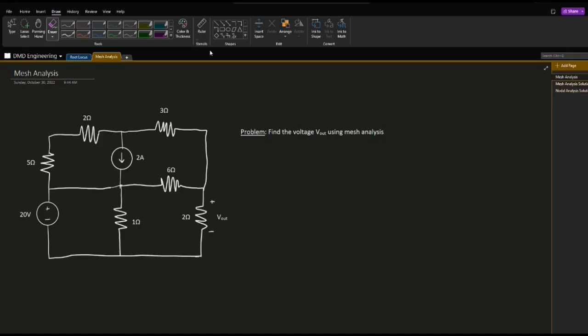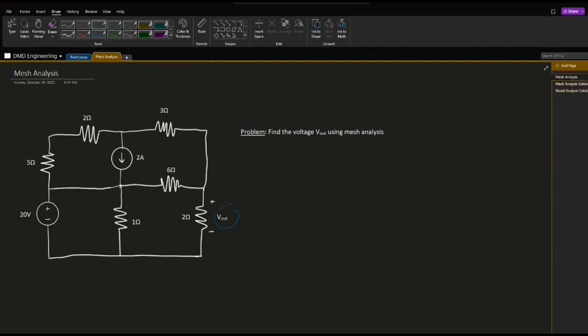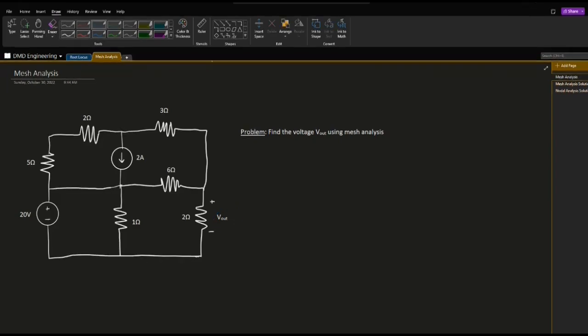In this video, we're going to be solving this circuit problem using mesh analysis. So the problem says find the voltage Vout, which is right here, using mesh analysis. So pretty straightforward. To start with the basics, to use mesh analysis, we need to know KVL, or Kirchhoff's